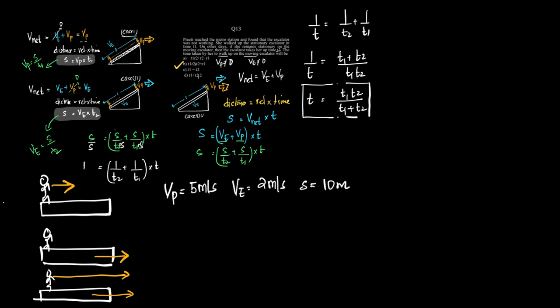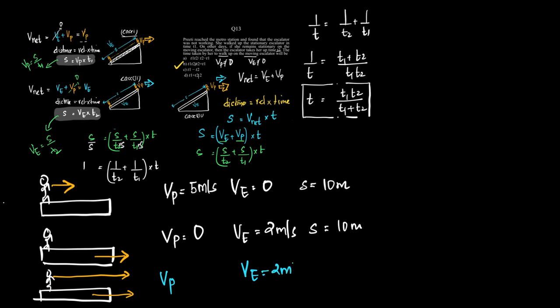In which case, okay, so this doesn't make sense, because the first case is that the escalator is stationary. So we have Vp and Ve. So Ve here is equal to 0. Second case, the person is stationary. So Vp is 0. And say the escalator is moving with 2 meter per second. The distance remains the same here, 10 meter. But what's conceptual to understand is that in the third case, the escalator is moving with 2 meter per second,